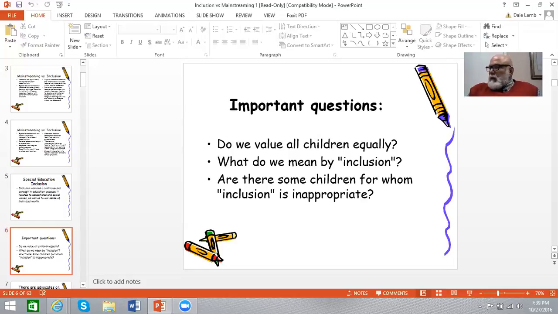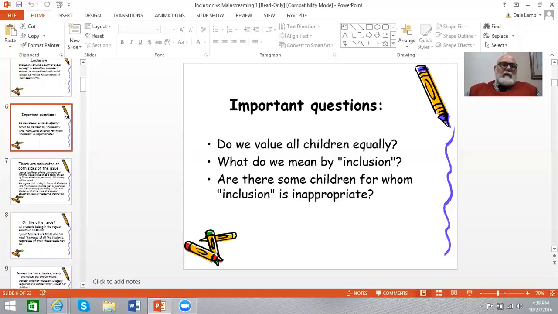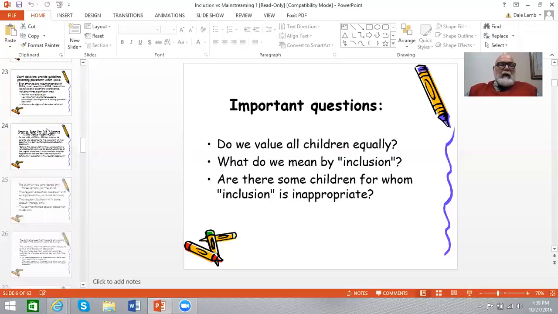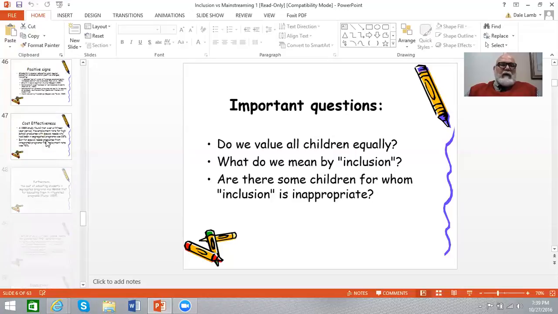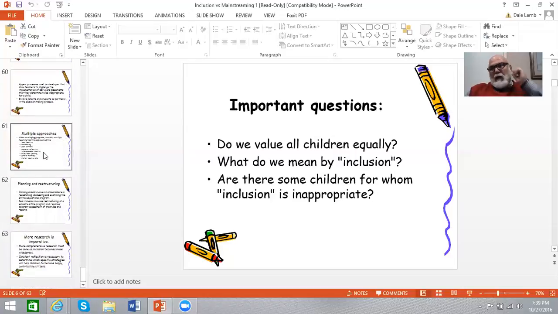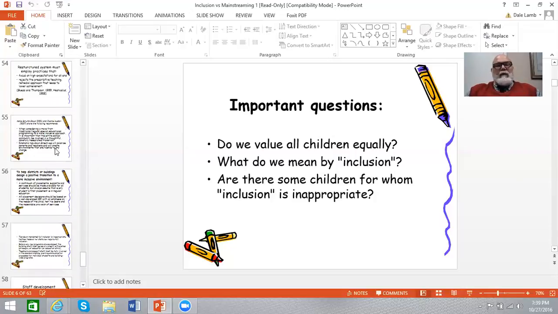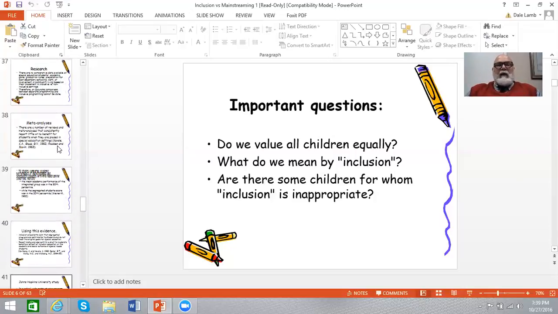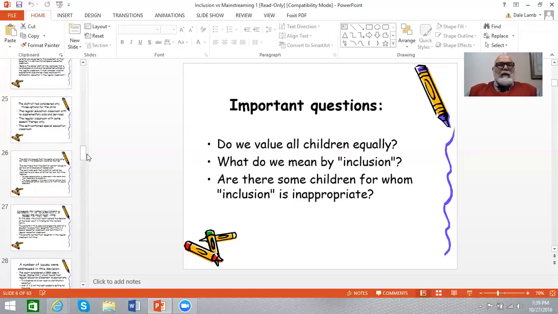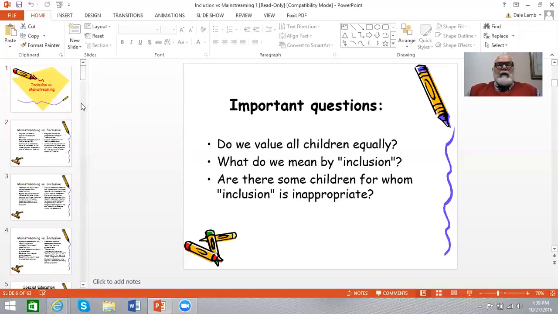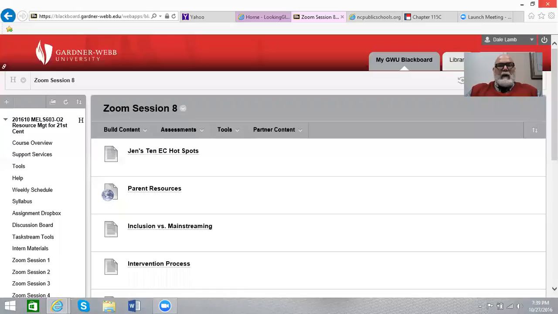So I would encourage all of you to look at this PowerPoint. It's pretty lengthy, but it's got a lot of good stuff. This is another one of those toolkit kind of things that you need to bone up on, so that you'll know what the argument is of EC classes versus the inclusion model. This one kind of covers it all. This is one of those things that you should put in your toolkit as a potential administrator, that you put somewhere where you don't lose it. You're going to need this later on.